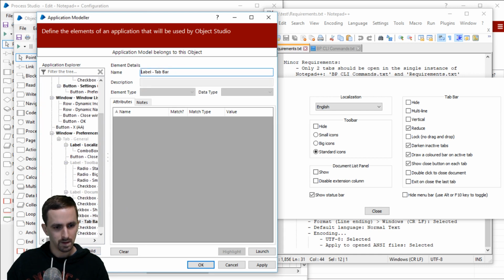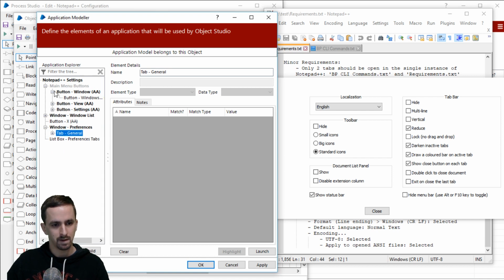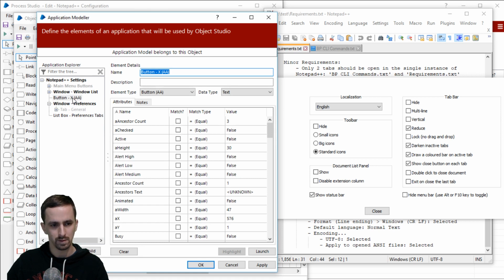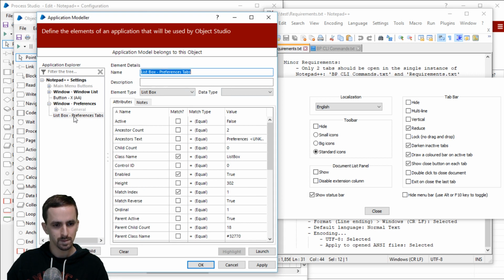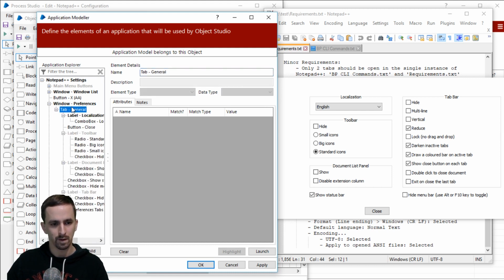Okay, so now we've got all that stuff under the general tab, so I can actually just minimize that to reduce the complexity of what I'm looking at. We can just see the overall, this is the close button for all of Notepad. List box preferences tab. This is inside, right? Yep. Okay, so now we just need another tab for new document,